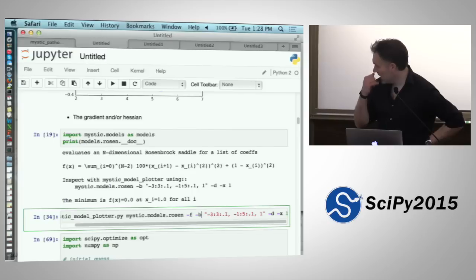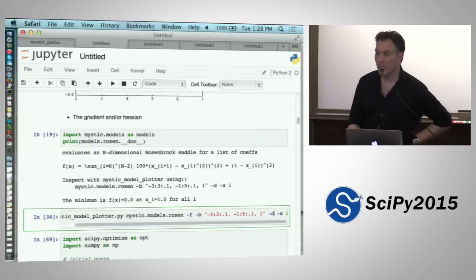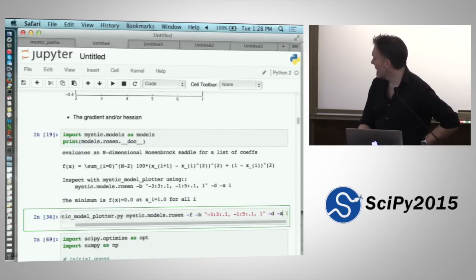So this basically says set the box to -3 to 3 with a scale of 0.1 and -1 to 5 with a scale of 0.1. And since it's a 2D plot, the third dimension plot at 1. Okay, and here D is make a 3D plot instead of a 2D plot. So that's a 3D contour surface, and this is magnification. So I am going to